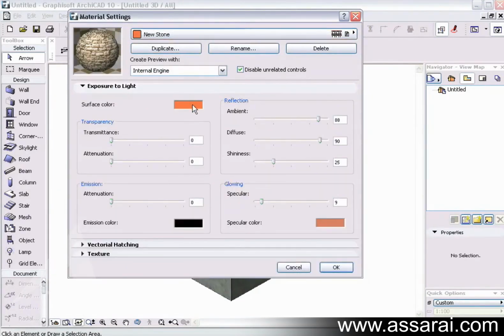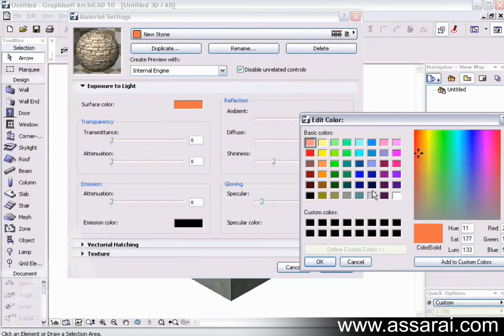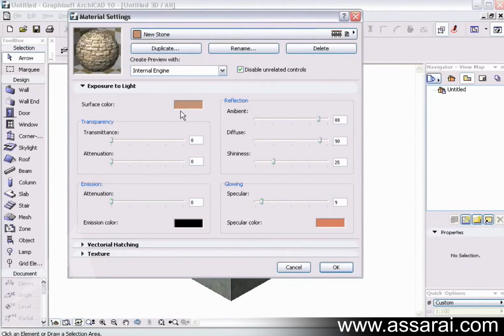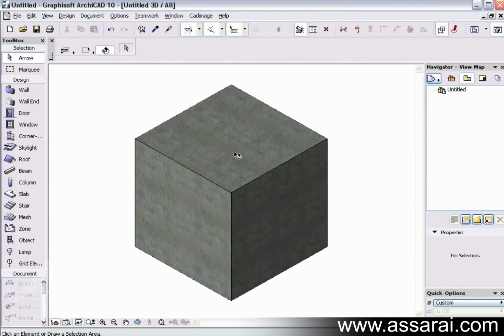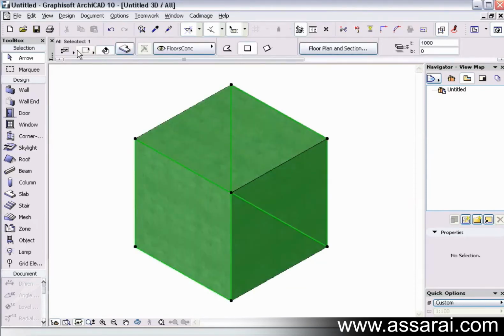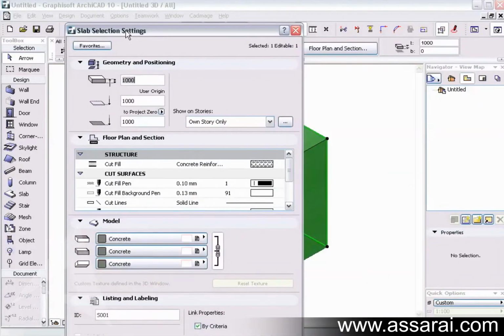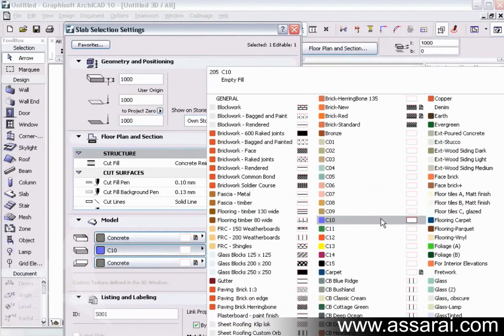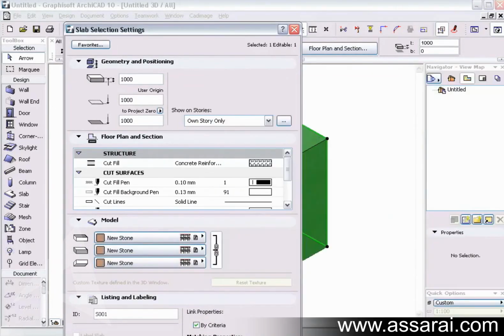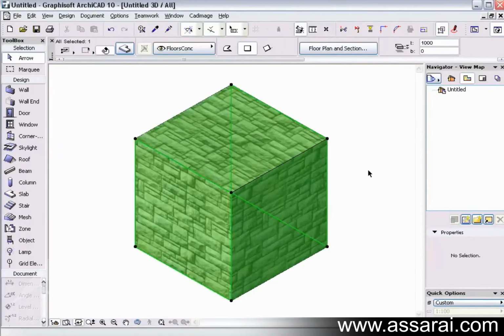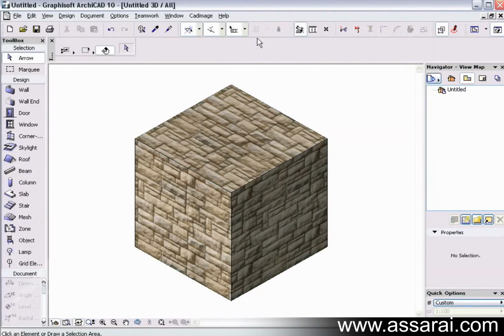If I want the color to be slightly different, I can also change that to, say, that color there. And once I push OK, that material will be available. Just have to find New Stone. If I push the End button, that'll take me right to it. And if I push OK, that's what it looks like